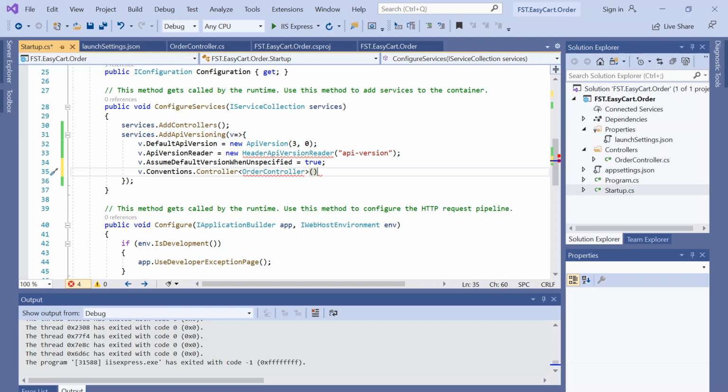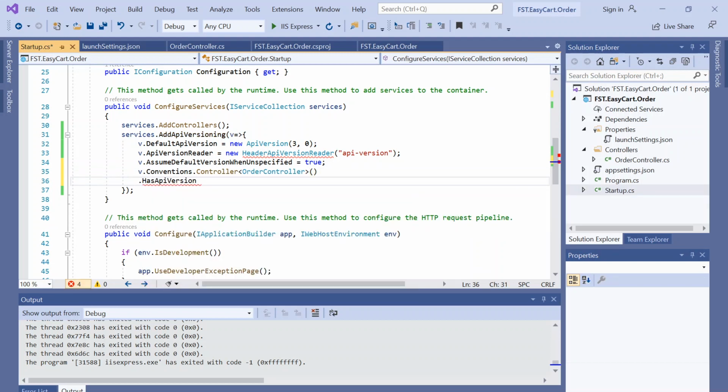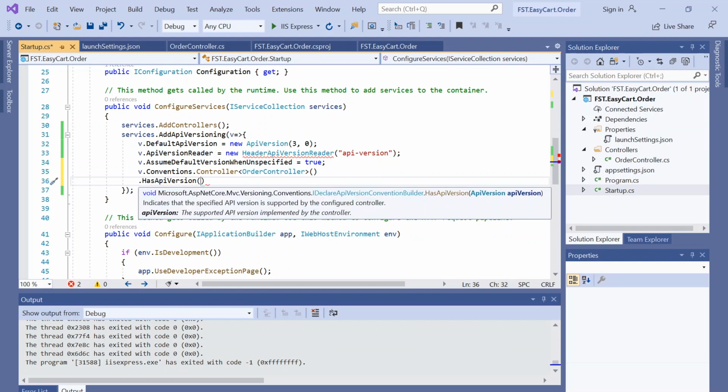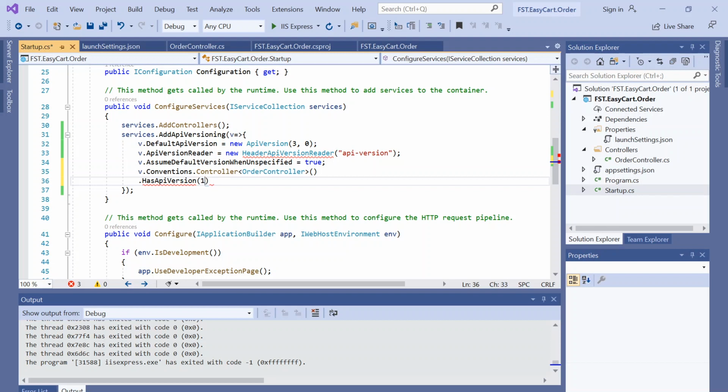And then I can say HasApiVersion. What API version does this controller support? I can say this supports 1.0, and it also supports